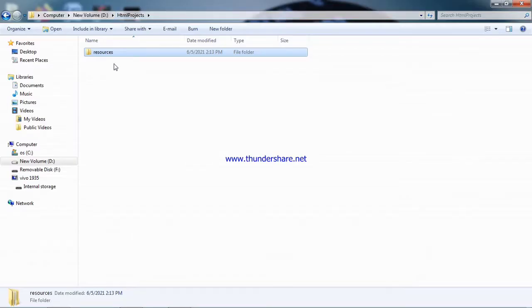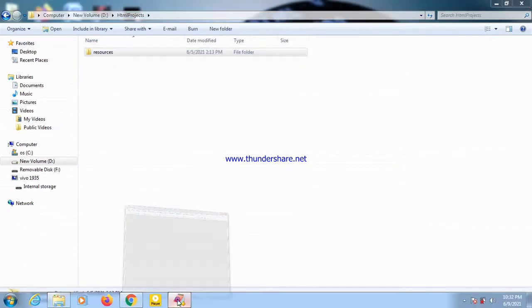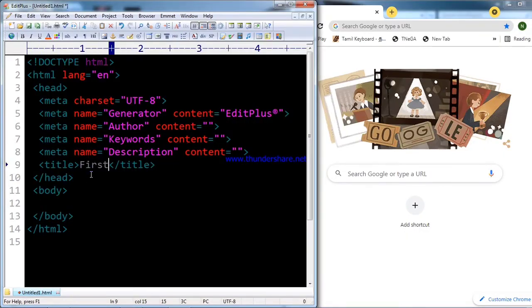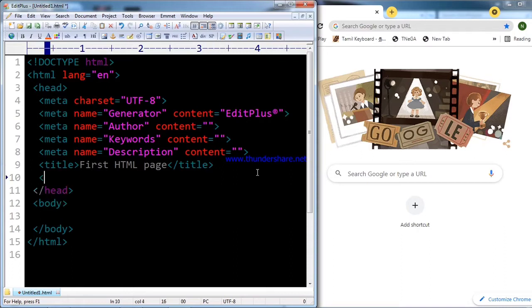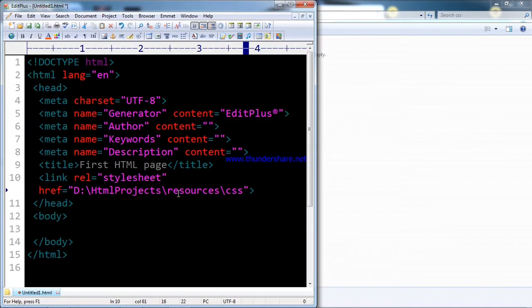Okay guys, let's move on to our practical session. In this session, we are going to see how we can insert our style sheets by using different ways, and how we can use CSS selectors. We will see them one by one. Please don't skip this video so that you can easily learn these CSS basics.